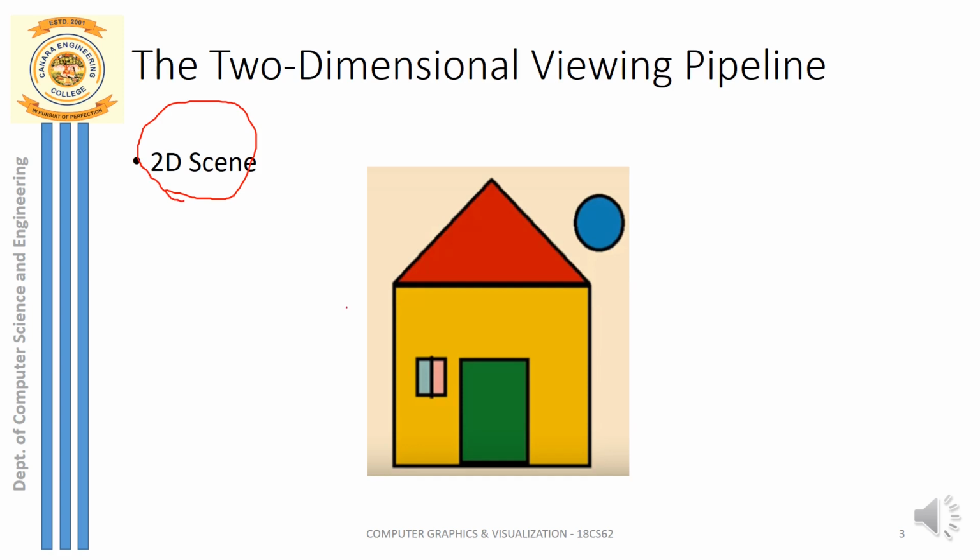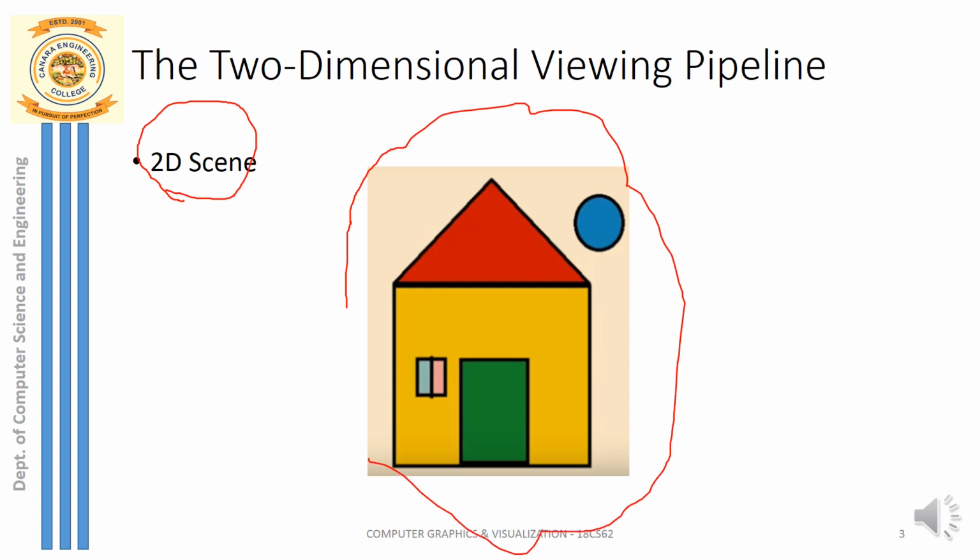You can see in the example here, this entire thing you call a scene. You can see an image of a house-like figure and a circle. Why do I call it a two-dimensional scene? Because this scene is made up of two-dimensional objects.